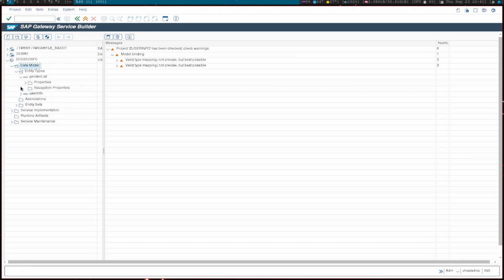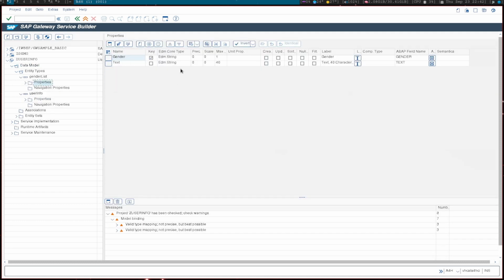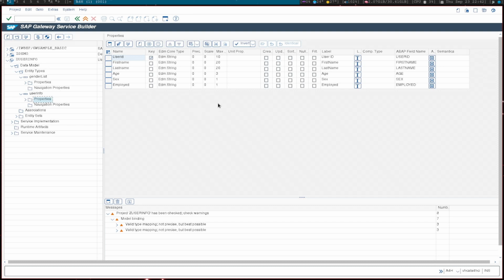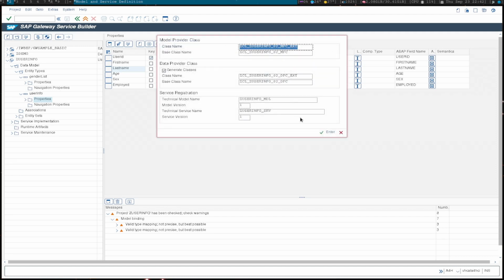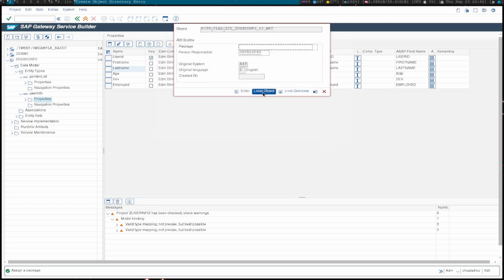So now we have our entities, and there we can see their properties. These properties are required to map to its respective pages. So for example, if I don't want to show this field on create and update, I will not check these boxes, but the rest we need. So I'm going to check these all. Filter, these can be filtered from screen, save, and generate. So this will create DCP and MCP classes, so that's fine. Local object,